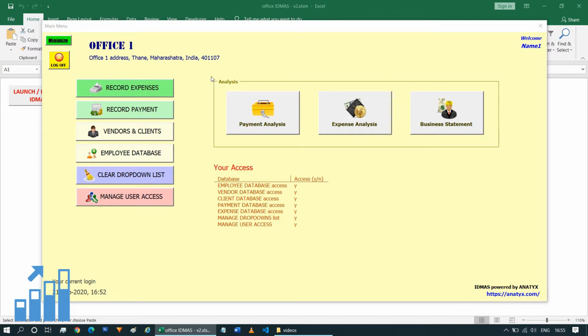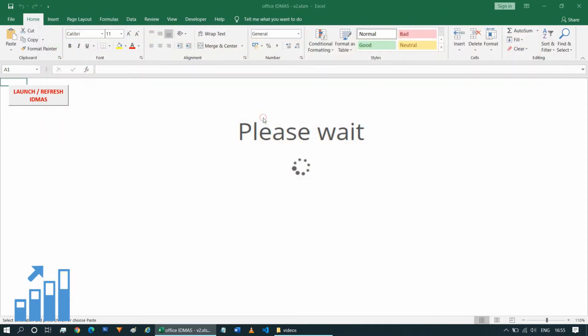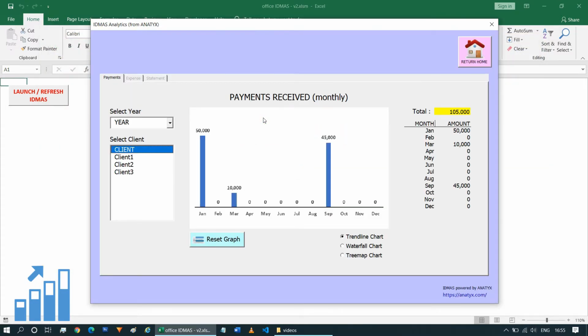analysis. So on the main screen, on the main menu, you see this button which says Payments Analysis. You need to click on Payments Analysis. And after you click on Payments Analysis, another window opens up, which is basically the I.D.M.A.S Analytics section. So based on whatever we inputted in the Payments Analysis section, you will see the amounts in the form of